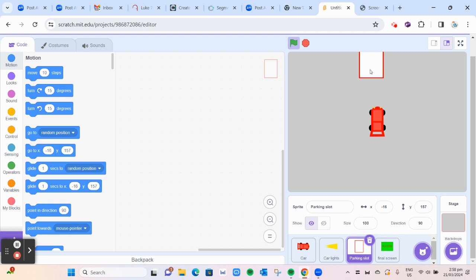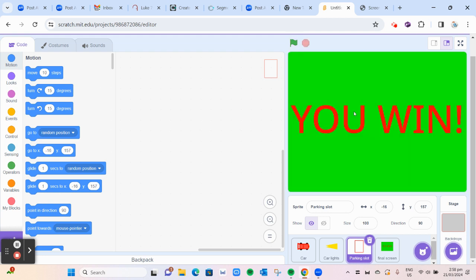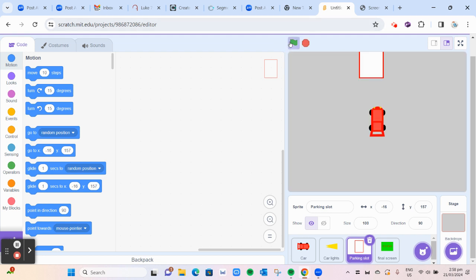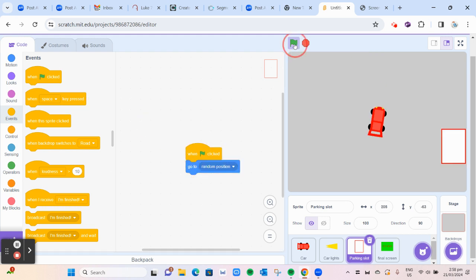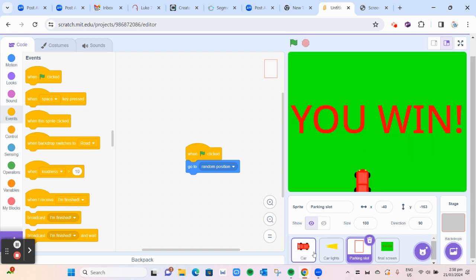Now we've run into our next problem. The car can park on it perfectly. Actually, it can, sorry. So we're just gonna make it go to a random position every time when green flag clicked. But here's our next problem. If it runs into an edge, actually, I don't think it can run into an edge. Actually, yeah, like this. So if we want to park it like this,